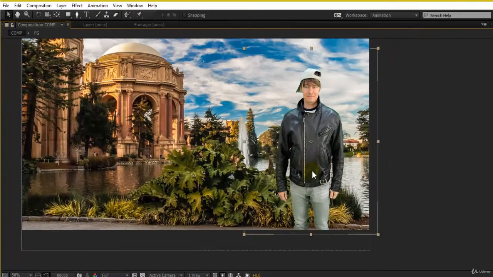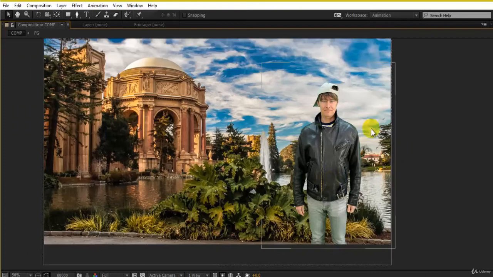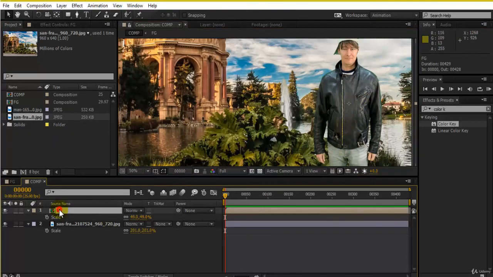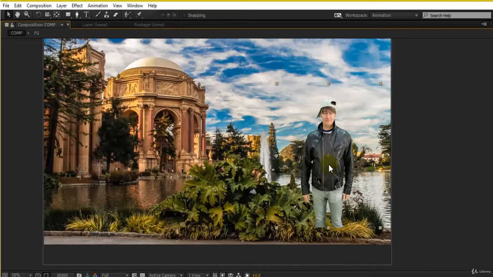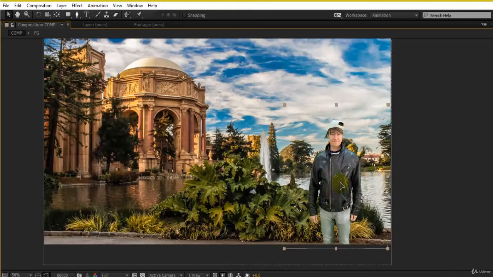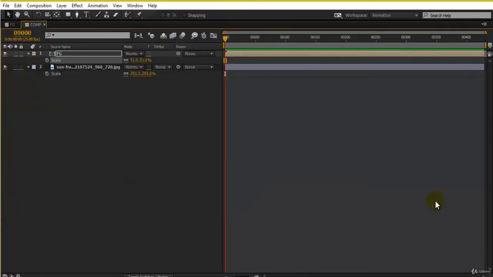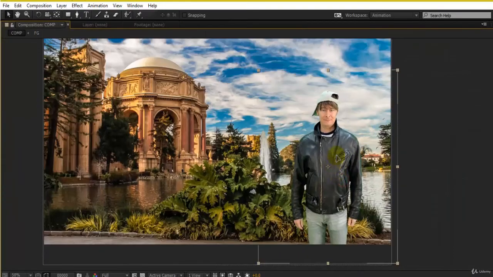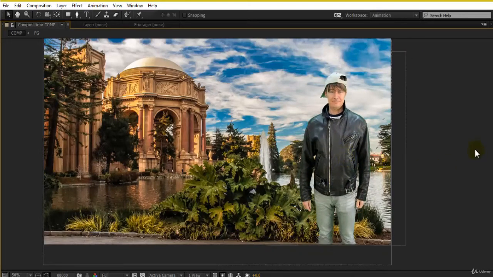I'll just place this right over here. So we have to scale this down a bit. Taking this, placing it right here, or maybe I can scale this up slightly. So this is what you can do.